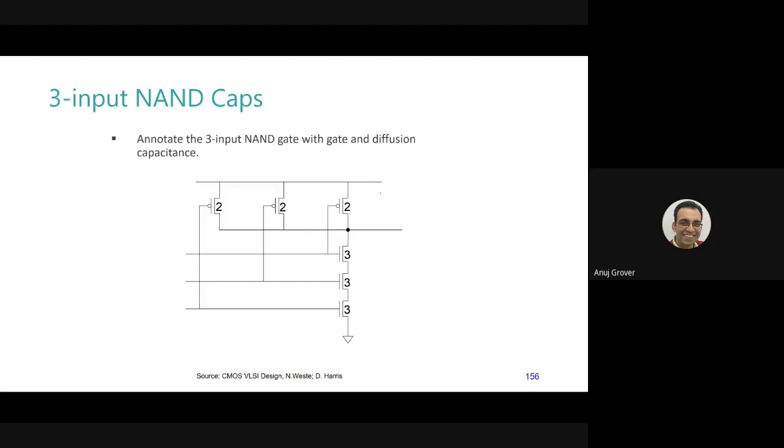On the fall side, you had 3 resistances of R by 3. Effective resistance on the fall side is R. Now you say instead of 2, you want to keep it 1. So the effective resistance of the PMOS is 2R. So the rise delays will be 2R into CL and fall delays will be R into CL. So rise delays will be double the fall delays.